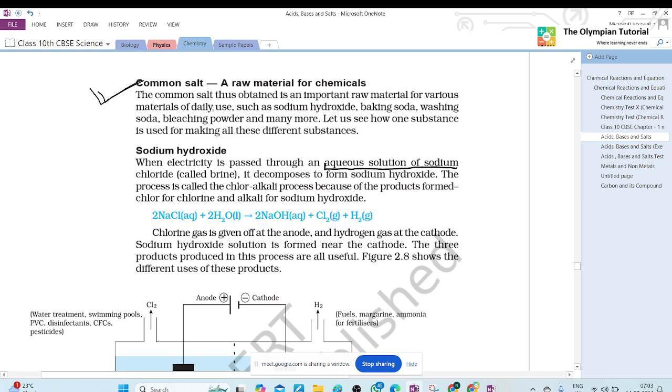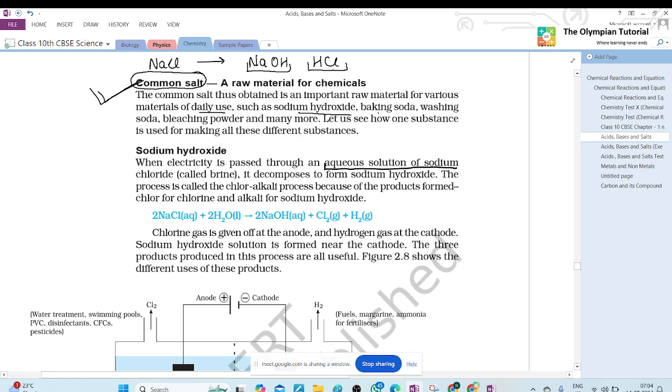The formula of common salt is NaCl. And which type of salt is it? Neutral salt. Why is it a neutral salt? Because it is made by the action of an equally strong base, NaOH, and an equally strong acid. So common salt thus obtained is an important raw material for various materials for daily use, such as